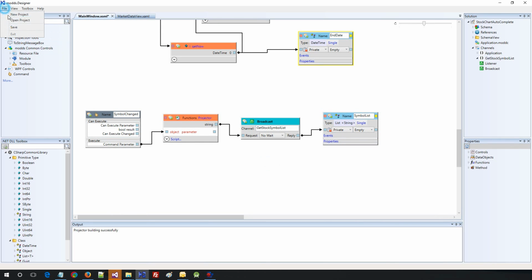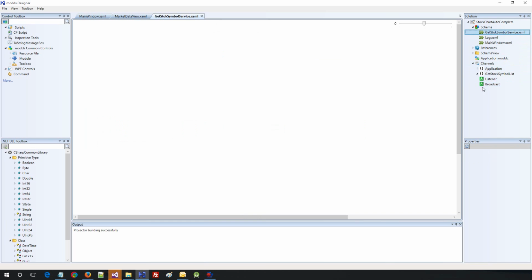Now this program still works. It does not really do anything. The logic is when the user presses the key, we get the character and broadcast that character, and we want to return the symbol list. Now we're gonna create a service. New call get stock service, and we're gonna open this guy and drag it as service,